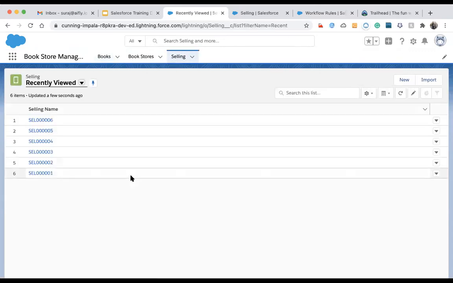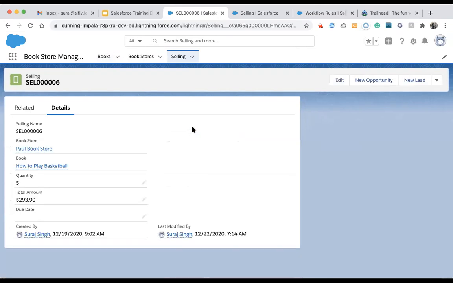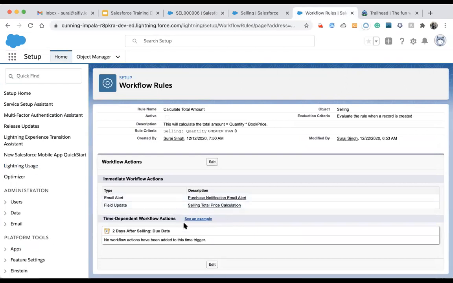Instead, there should be another setup: if the payment is received, they shouldn't be triggered. So that is not controllable in this case. If it is scheduled to send an email, it will send the email. That is not controllable in this time-dependent workflow. If we have such kind of requirement, then we follow some other tools.